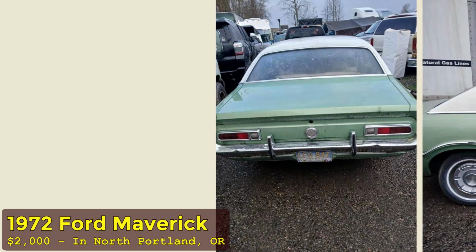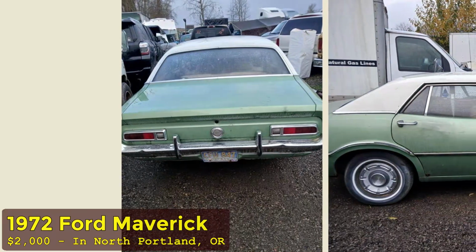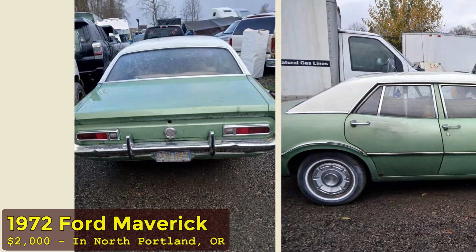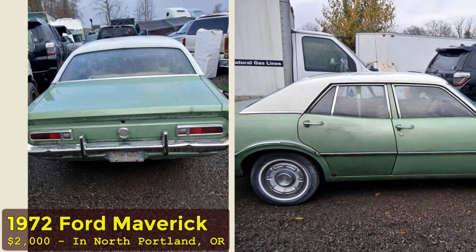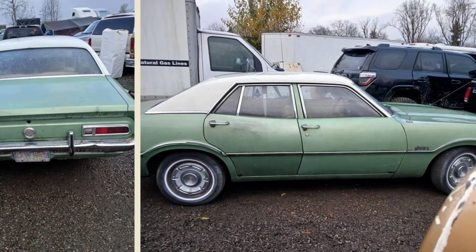Number 5. Introducing the 1972 Ford Maverick, a vintage gem that's waiting to be brought back to life. This car features a manual transmission, often referred to as the rare 3 on the tree, and has 70,000 miles